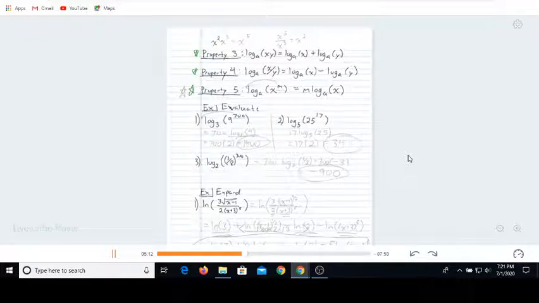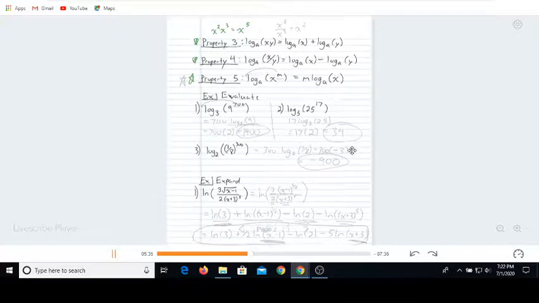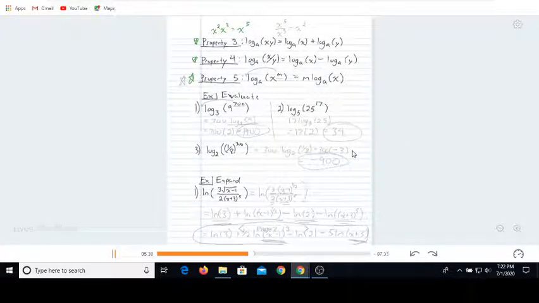x squared times x cubed, well, that equals x to the fifth. How do we get that? You add the powers. So when it comes to exponents, multiplication translates into a form of addition, so to speak. Well, it's no different for the logarithms. This is just the logarithm version of that rule. And remember, logarithms are directly tied to exponentials. So a lot of properties you have for exponentials are going to have, typically, not all, but a lot of them are going to have some logarithm